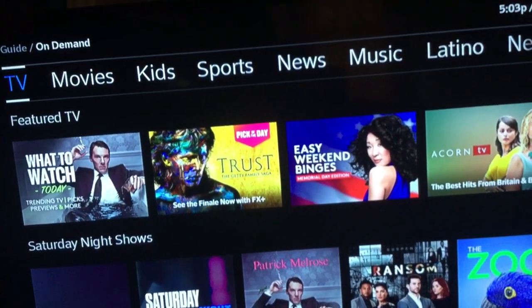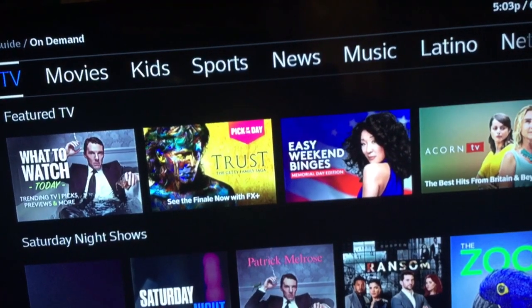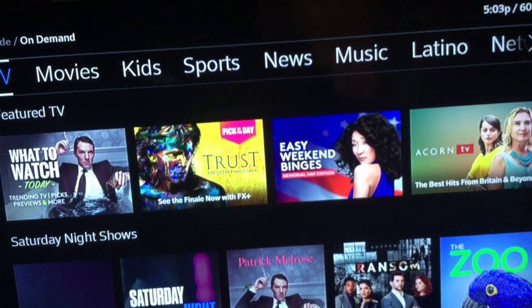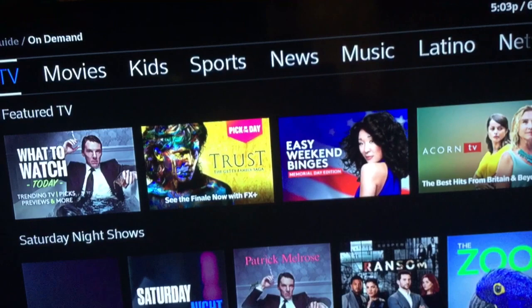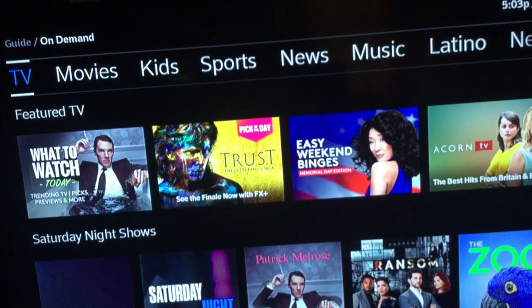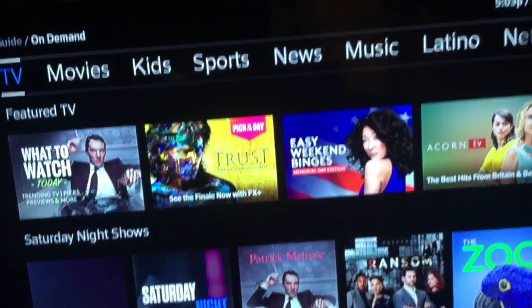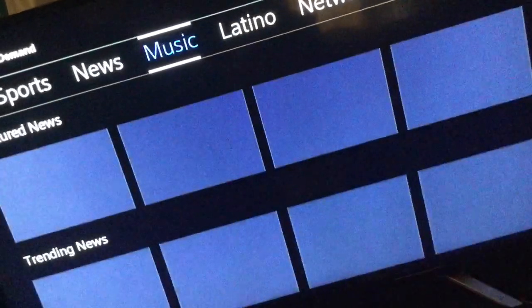The old on-demand basically just had a blue screen with a lady that used to talk in the top right, which was kind of really annoying. I just mute the TV until I found what I was looking for, and then I unmuted it. No offense. You can really just scroll through any show that you're looking for, and the one that you find,